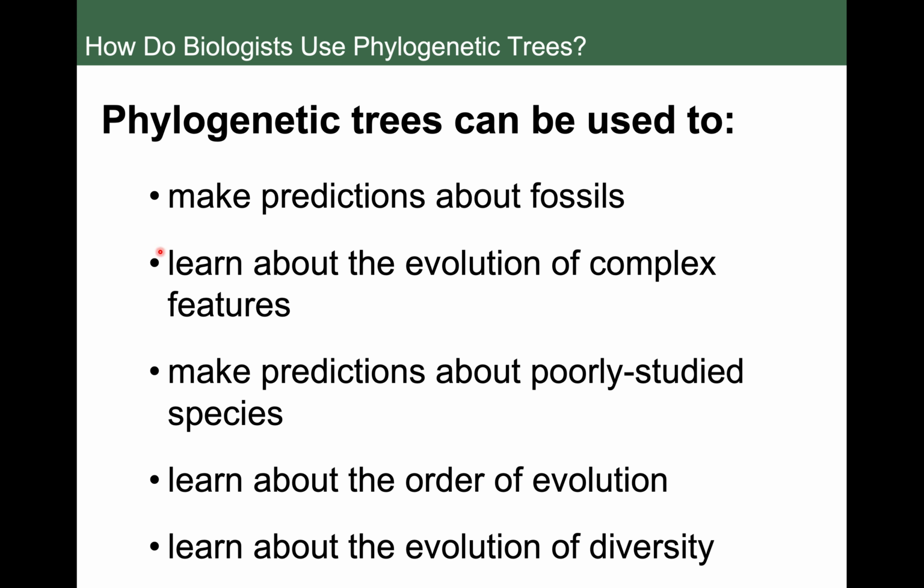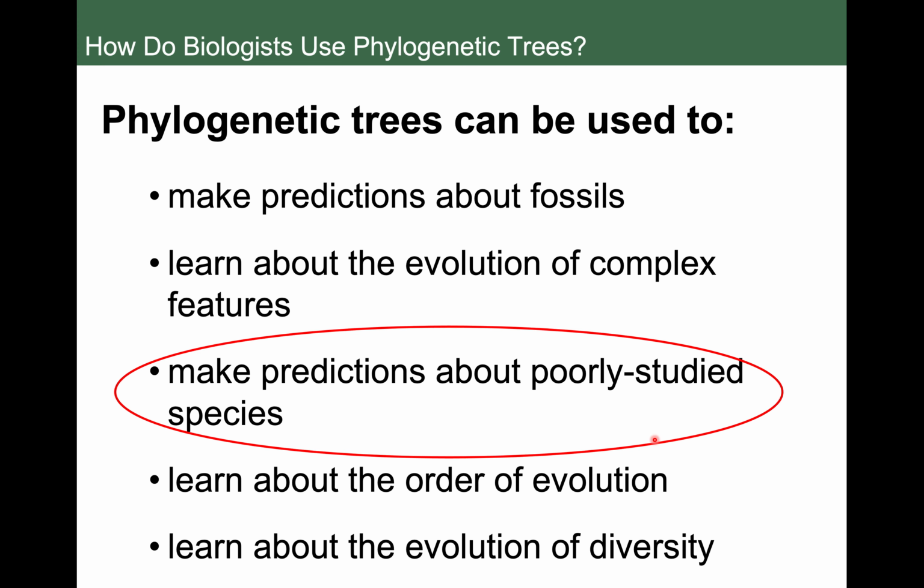So you can make some predictions about extinct organisms. Of course, you're learning about the evolutionary history of, let's say, complex features, like the function of, let's say, the human eye, for example, right? We can observe the evolution of the eye and learn something about how that structure actually works. We're learning more about the order and diversity of evolution as well. But I wanted to focus in on one biomedical example in terms of making predictions about really